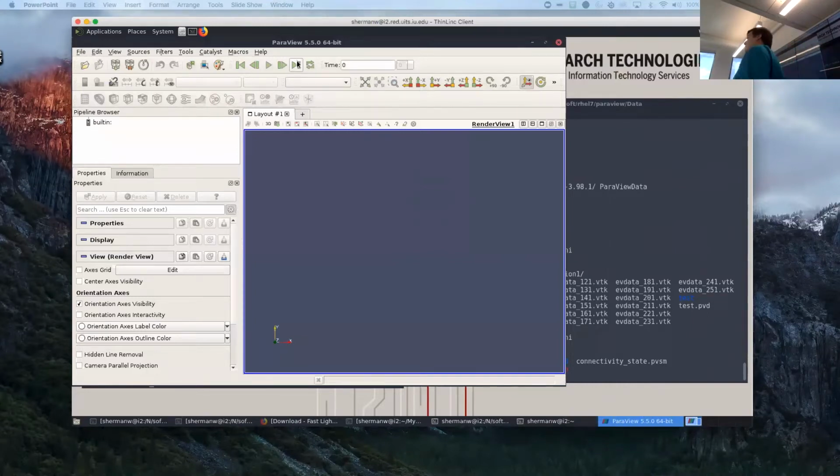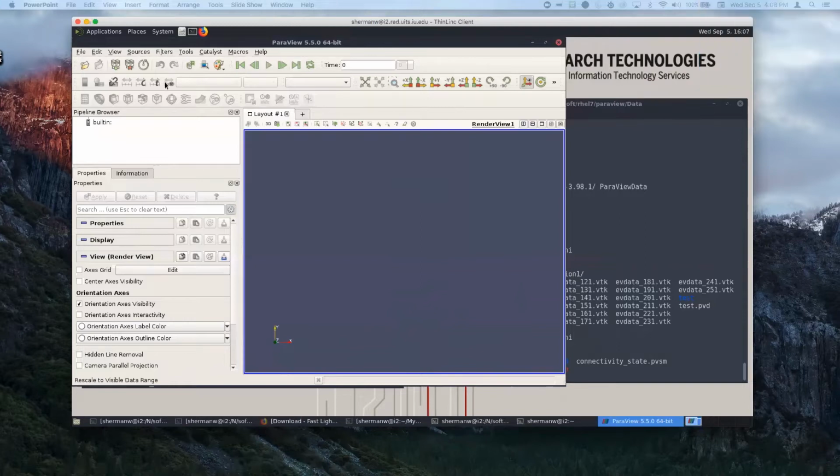As an aside, the fact that there's a web browser on here means if you connect from home, you're on the IU system when you're on this thing. I use it a lot for downloading papers and such. It's kind of like a virtual private network built right in. All right, so here's ParaView